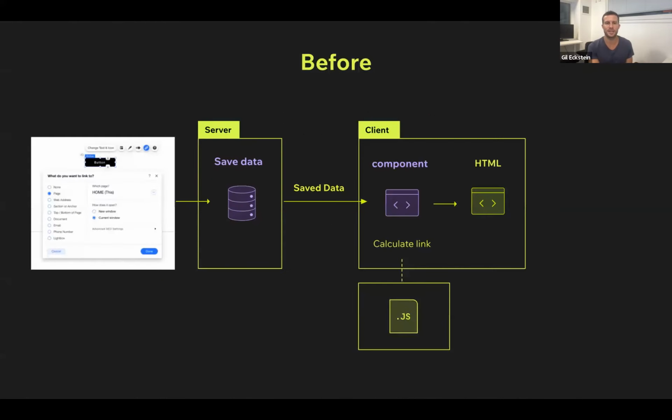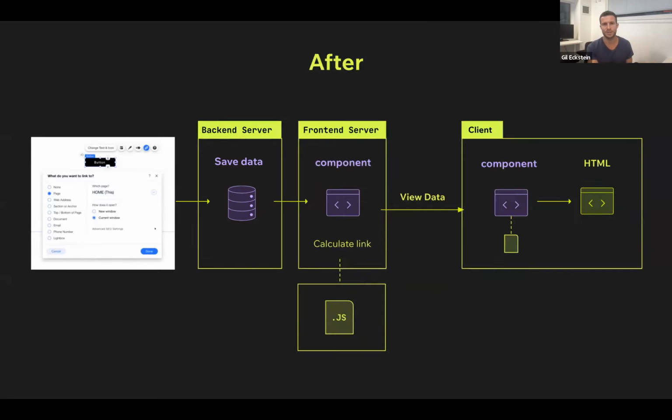So let's see how it looks. Before, we saved the data from the panel and sent the saved data to the client side. We then shipped a lot of JavaScript to transform the saved data to view data to calculate the HTML. And if you remember, this JavaScript also included a lot of unused code because of the amount of options we had. So now